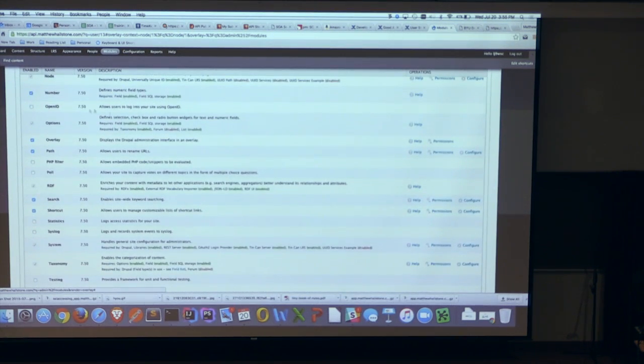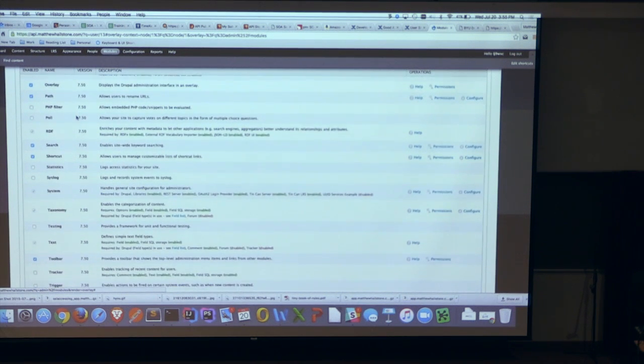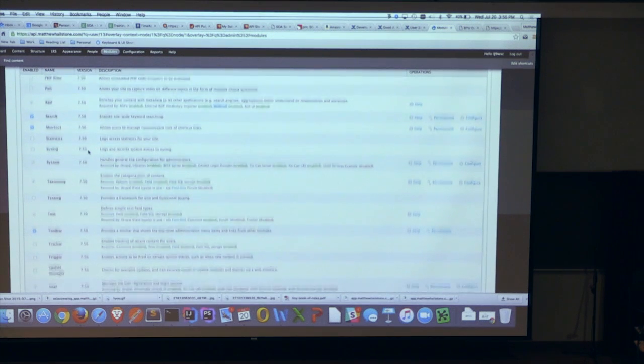I can enable OpenID, another type of identity provider protocol to authenticate. RDF is a semantic web specification, and other modules here, like JSON-LD, required RDF to be installed.